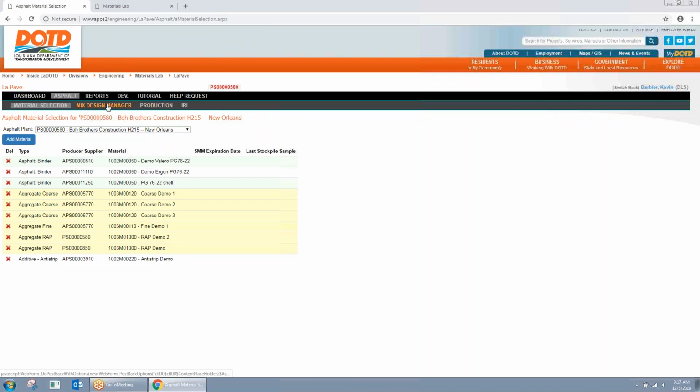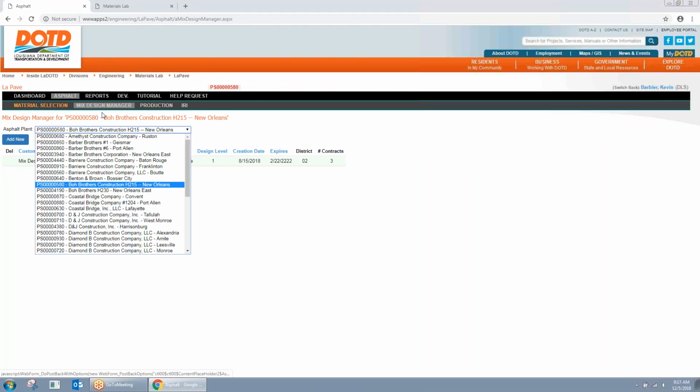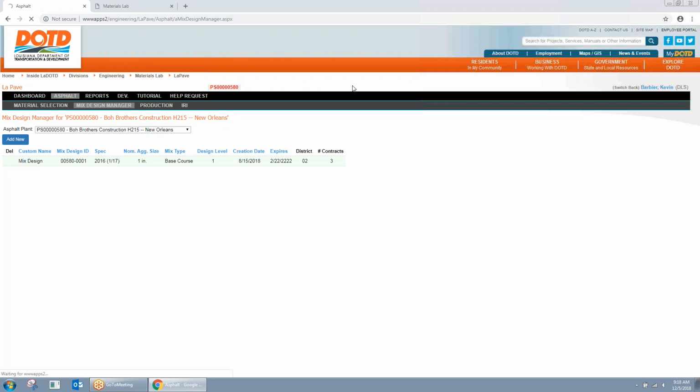So moving into mix designs, you'll see the next sub-tab under Asphalt is the Mix Design Manager. And at the top, you'll see every plant that I have access to. Now, if I swap to